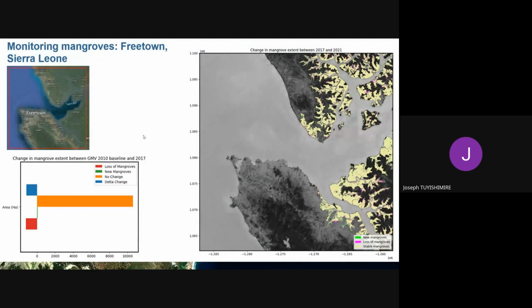So once again, we can also understand the mangrove vegetation over time, try to understand their dynamics over time, and also create some change detection maps, graphs, statistics, and also maps. And then this is comparing the Global Mangrove Watch datasets to the one we've produced. You can see that for Freetown, the vegetation was more or less stable. The change is higher. We had a lot of mangrove around Freetown